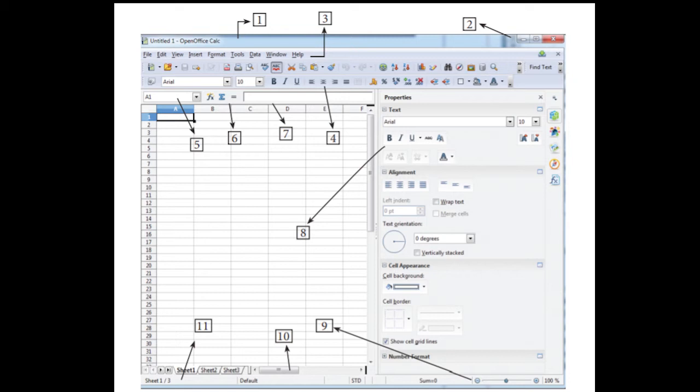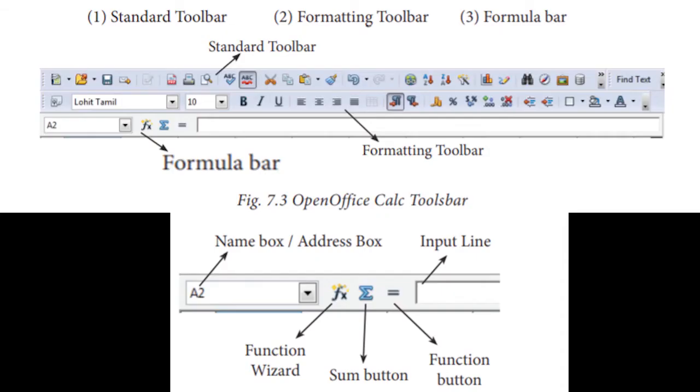Next, we are going to see about toolbar. Okay, toolbar also we have seen in that OpenOffice Writer itself. There we have seen standard tools and formatting tools, right? Here we have one more bar there, that is formula bar, right? Here in this Calc, formula bar is the most important one, and this formula bar is present in this toolbar only, right? Standard toolbar and formatting toolbar we have seen there itself.